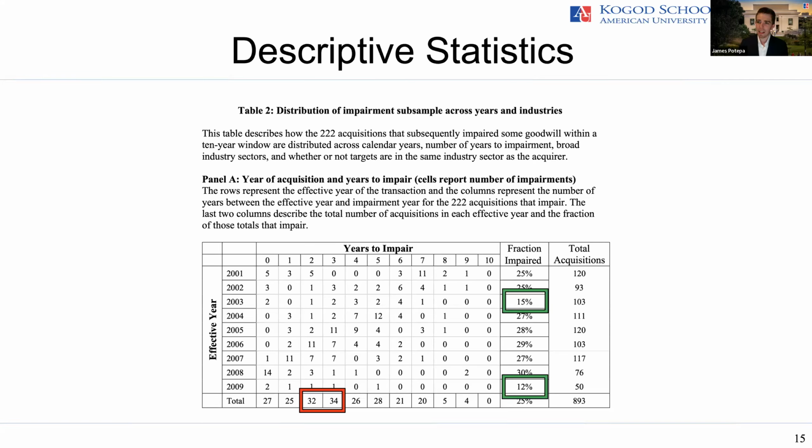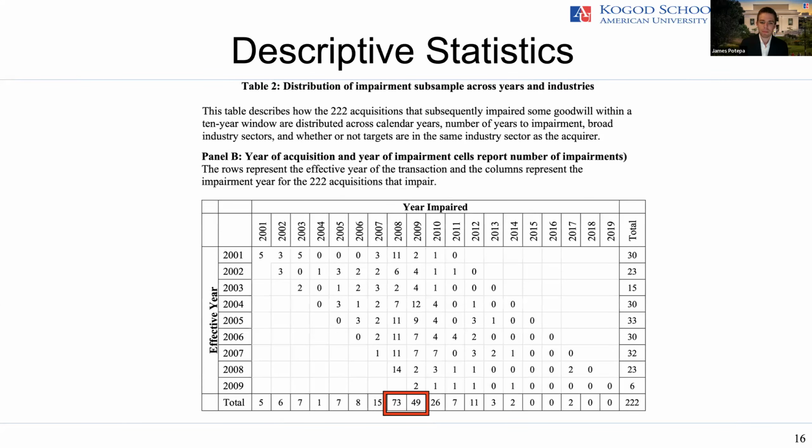The other thing that we would like to highlight in our sample is that post the tech bubble and post the Great Recession, the transactions don't tend to lead to goodwill impairments compared to the rest of our sample. So there seems to be some cautiousness after these recessions. That said, recessions do drive a lot of our results. To be careful, we rerun everything, removing 2008 and 2009 goodwill impairments, and we find that our results are similar across the groups, though we do note that a lot of our impairments are obviously during 2008 and 2009.